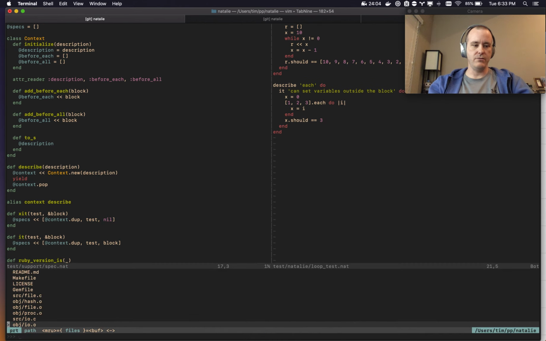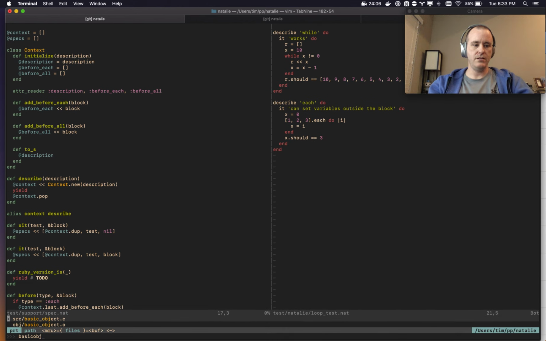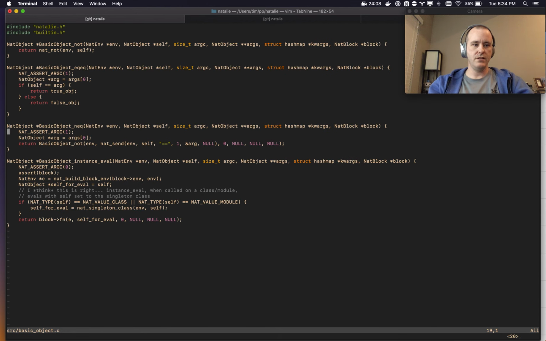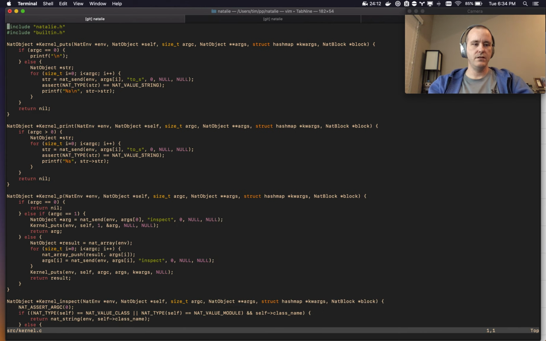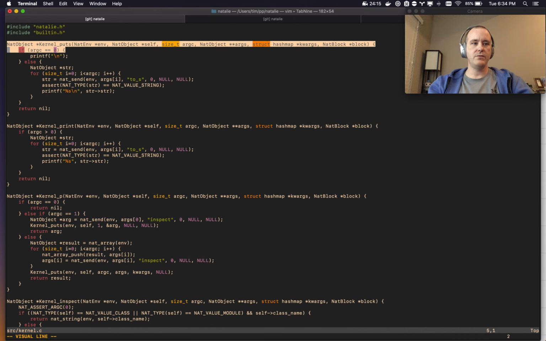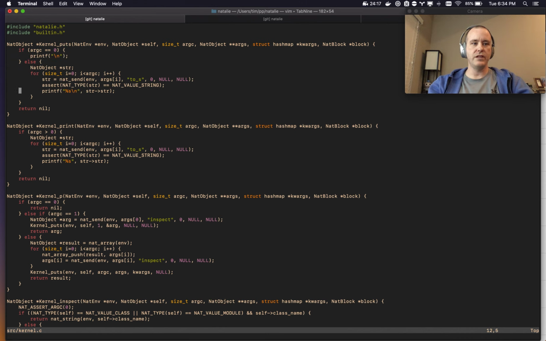is actually wrong too. Basic object. Is this where puts is? No, it's on object. Where is puts? Oh, it's in kernel. Yeah, so puts right now is basically just calling printf, but in Ruby, I'm pretty sure you can point standard out somewhere else, and this needs to respect that. And now that we have an IO object,